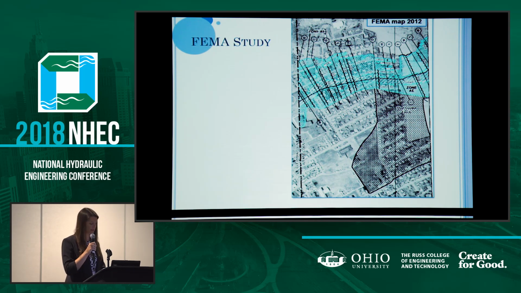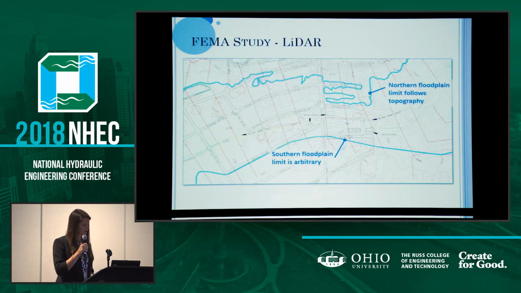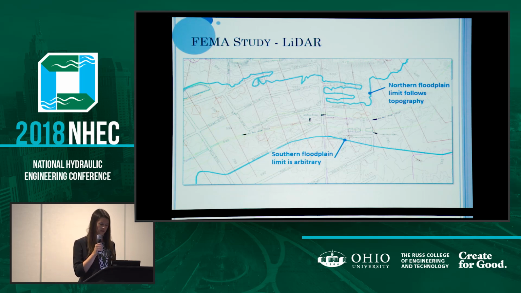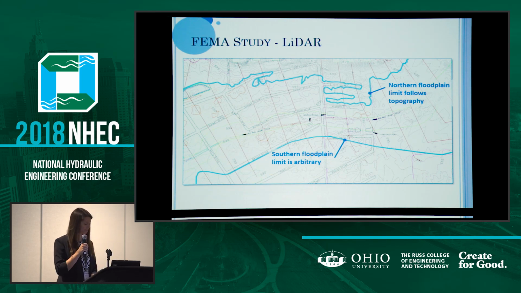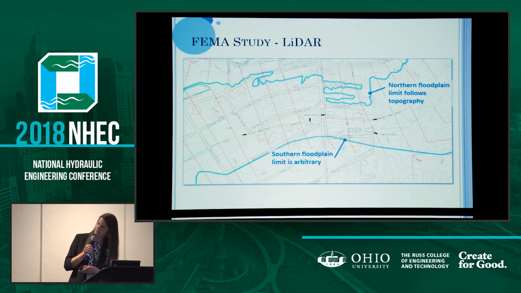limits within the floodplain. So we compared the FEMA 100-year floodplain limits to the LIDAR contours and also performed a site visit. The northern floodplain limit is pretty much delineated based on contours, but it became evident that the southern floodplain limit was not physically based. It appeared to be an arbitrary boundary. From FEMA section J to the downstream limit,